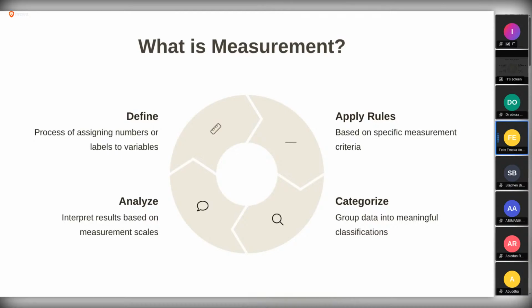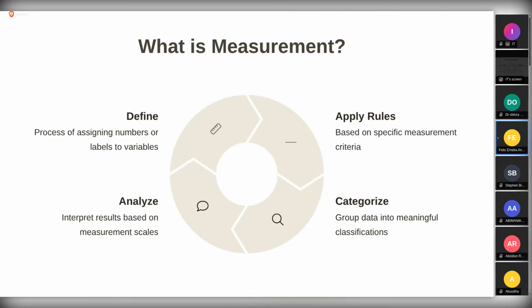So now we'll look at measurement. This tool that you're going to be giving, there are processes in measuring them. Now you're going to be deciding or defining how you want to assign the numbers, how you want to assign the variables and the labels. All right. What type of specific measurement criteria you are going to be using, so that when you analyze them, it gives you the outcome that you are really interested in.